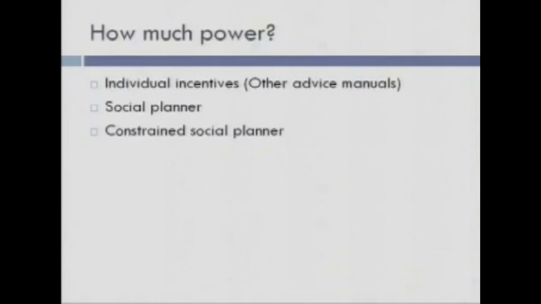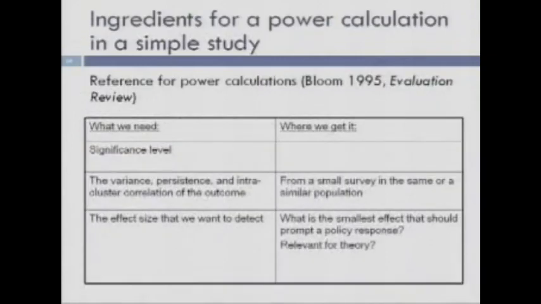Okay. So, suppose you want to do a power calculation. You have to think about the significance level. That's typically going to be 5%. What's the variance of the outcome? For some cases, you just care about a standardized effect size. You're doing everything in terms of standard deviations. If that's the case, then you don't care about the variance. But if you're interested in what's the cost-benefit ratio of the intervention, maybe you do need to get that.